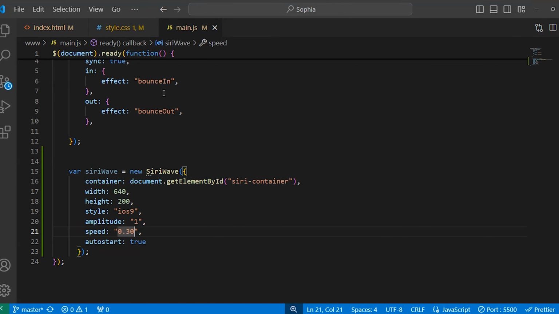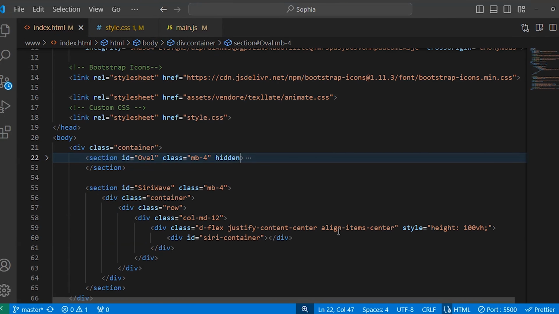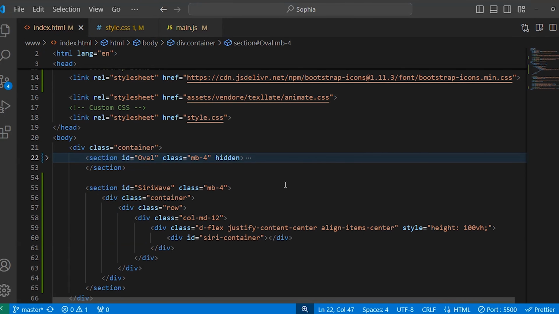So now next, what do we have to do? Whenever we speak, that message will be displayed here above the Siri wave. Recognize, speak, and whatever you have to say will display here. Now to display that text, here in the HTML file, and under this div,